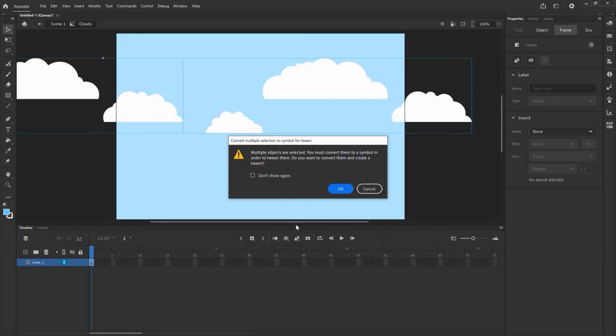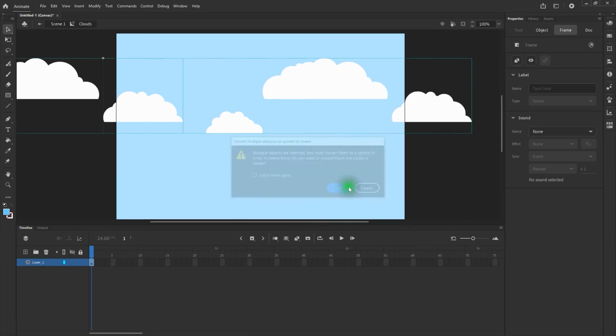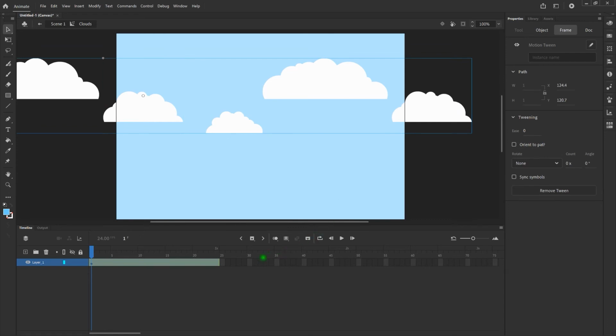We'll convert them. They're already converted. So we'll click OK. And then we've got this line that's knocked out. Now that we've done that, we've got a tween or an animation length that's exactly 1 second long. That's fine. What we're going to do is click on the last frame of our motion tween,